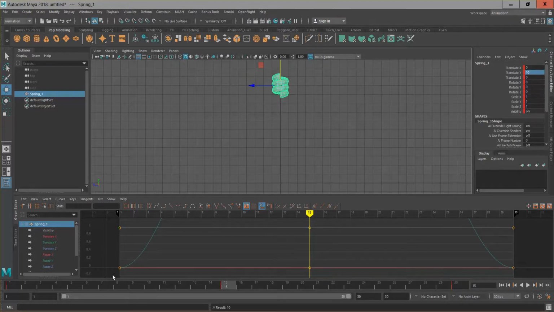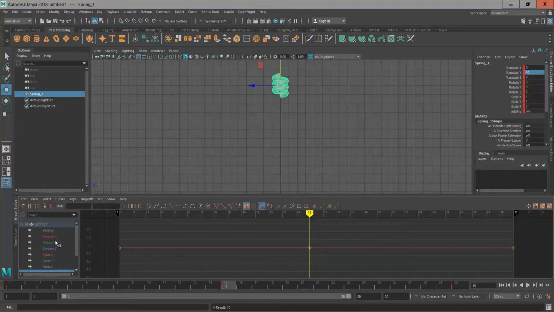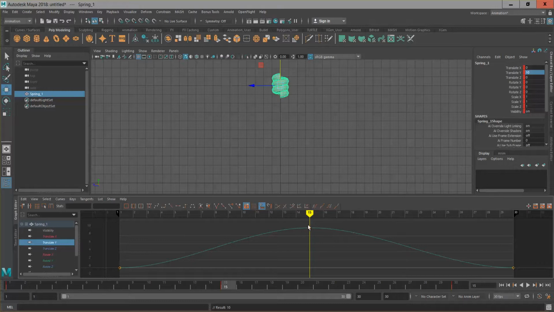Now you'll see on the graph editor we actually have this really big curve. So at the moment we're on 0 to 1, if you actually look at the focus there. So if I push this square again, it's actually going to frame this object's animation to the highest point. So now we have 0, sorry, to 10. And here we have the individual parameters and the curves for that object. So you can look at these individually. So on Translate Y we can see that we have a curve representing our journey from 0 to 10 and